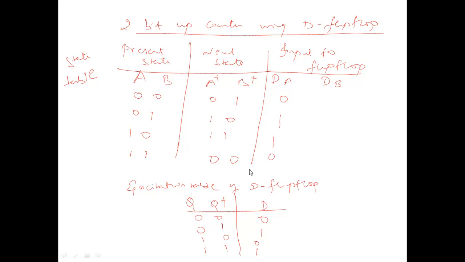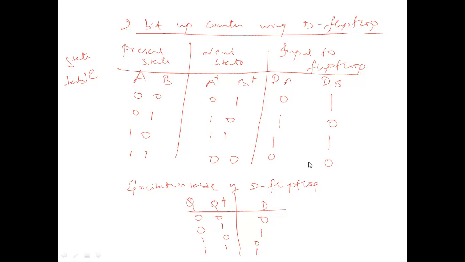So you completed the input to the A flip-flop, and now the B flip-flop. You have to see the present state B and next state B plus columns. Present state B is 0, next state B plus is 1. 0, 1 in the excitation table gives you 1. 1, 0 in the excitation table gives you 0. 0, 1 again gives you 1. 1, 0 again gives you 0. So now these are the values you are having.